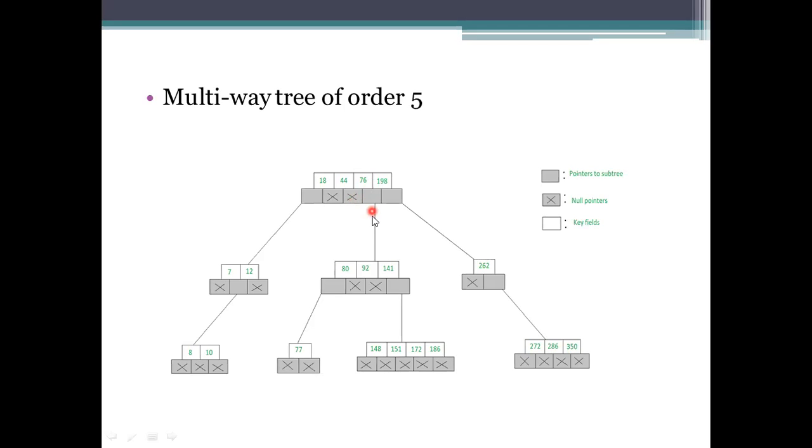So while placing the elements, choose the correct pointer to the subtree. If they do not have enough elements to be inserted here, just leave them as empty space. That has certainly not been used at this instant of time; in future, we can use this. And we can add only 4 elements here.